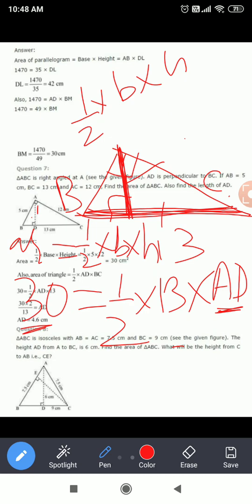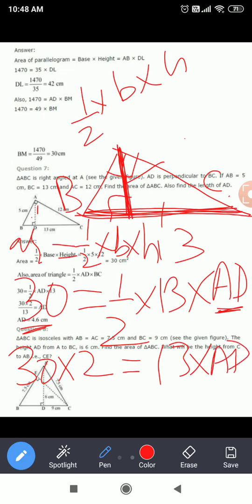The 2 is in division, so it gets multiplied. That is equal to 13 into AD. Now 3 2s are 6. So 60 by 13 is equal to AD. So 60 by 13 will come as